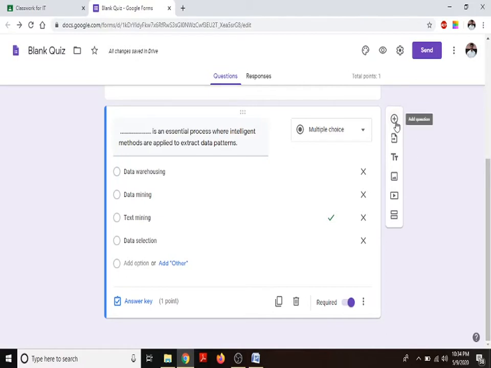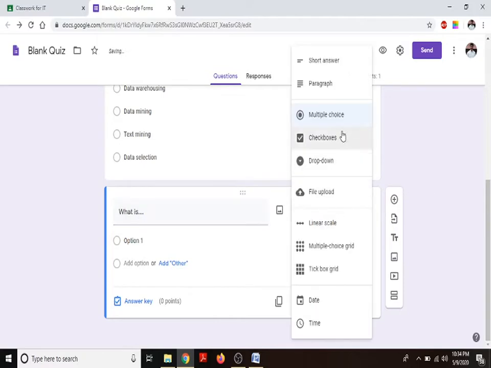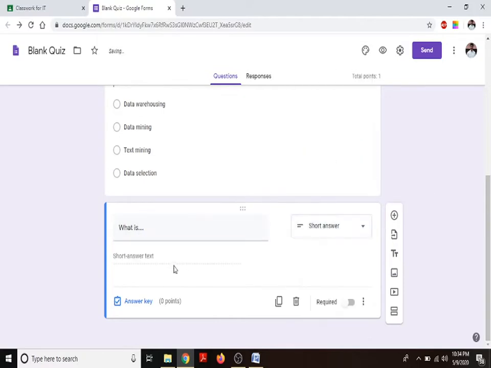Then you have 4 short answer type questions that are easy. You may ask something, what is blah blah blah, and you can do it like short answer type, and the answer will be given here, and make it a required field, so that it should not be skipped, right? No need to provide an answer key, because for the short answer type, every student will be answering it differently, right? It may allow answering in 1 or 2 lines. In that way you can add a short answer type, right?